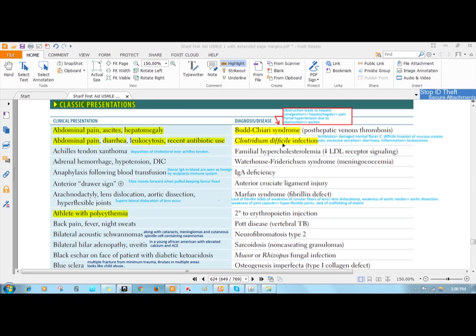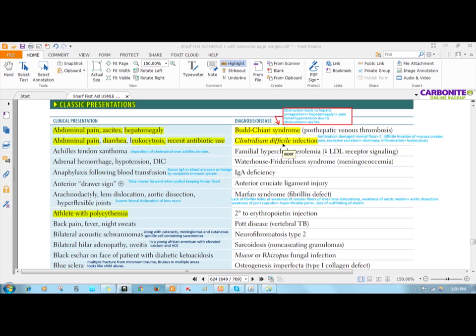Next one, let's cover Clostridium difficile infection. So let's make a story. So the story goes like this. Whenever someone is treated with broad spectrum antibiotics like penicillins, cephalosporins, clindamycin, for any particular reason, if they are treated for a long enough time, this antibiotic sometimes leads to severe depletion of the microbial flora inside the gut, especially